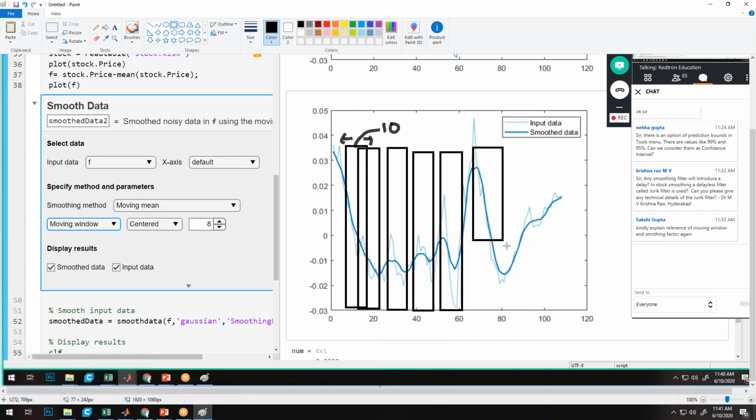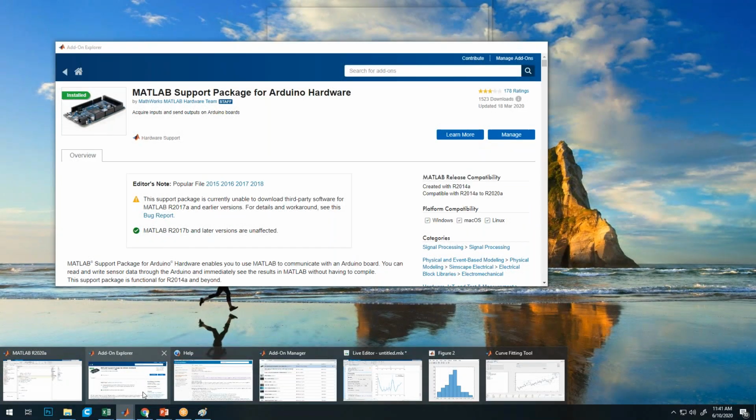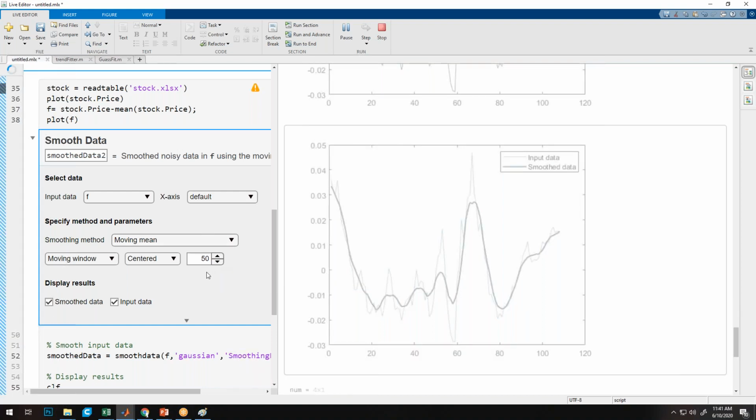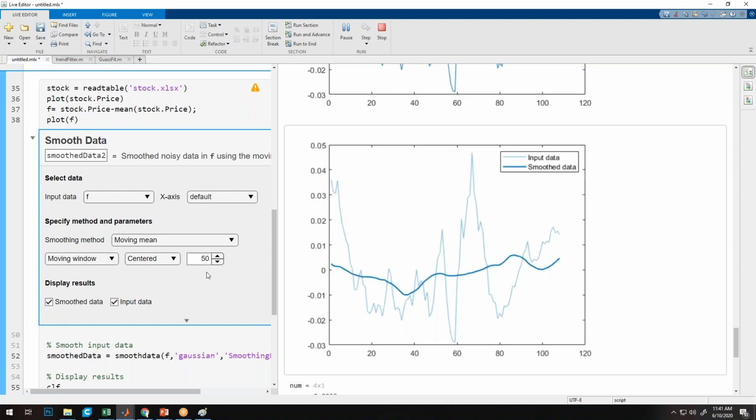If you have a larger window size, the average will be close to zero here, because we have already scaled it and taken the residual plot. Let me show you again the effect of the moving window. If I increase the size, say to 50, you can see it is now close to the zero axis line. Why? Because I have increased the size of the window, so obviously the average of all the numbers will be close to the zero axis.